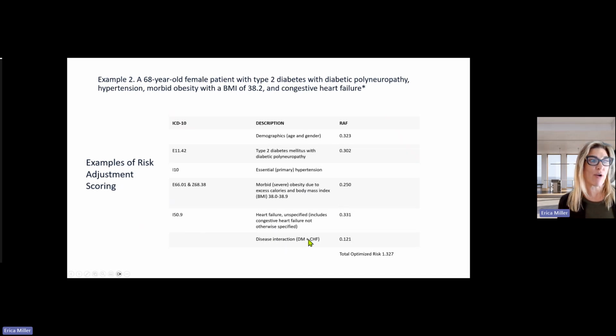And so that disease interaction of diabetes mellitus and congestive heart failure also adds to her overall health risk. So her total risk with these specific conditions would put her at a 1.3. So again, everything is taken into consideration, which is why it's so important that we're representing our patients, right? Demographic wise, age wise, date of birth, all of these things come into and contribute to these scores, these risk